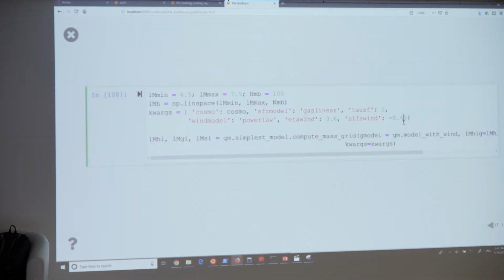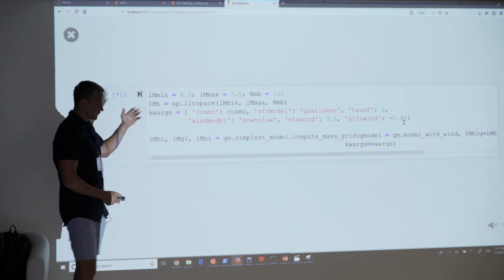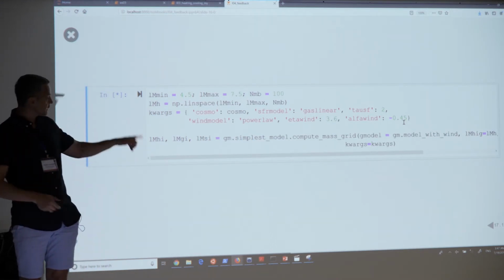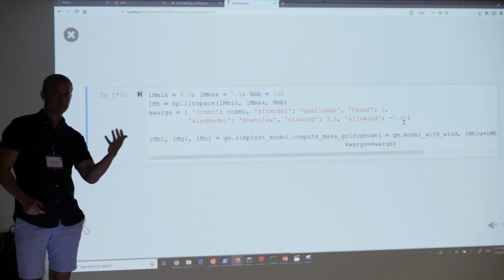I started off with this being minus 0.35. Because if I modify it, the results are quite sensitive to the slope. So it means that we can actually constrain it. So in simulations, there are choices that people make to measure this mass loading factor. So we shouldn't take simulation results as final truth because there are numerical issues, decisions and assumptions of how to measure this. And so they should be taken as a guidance. But in principle, we should also have a physical model that tells us what that power should be. And also, we can allow for some variation around that